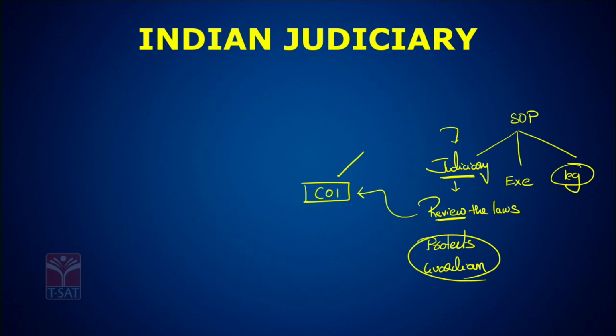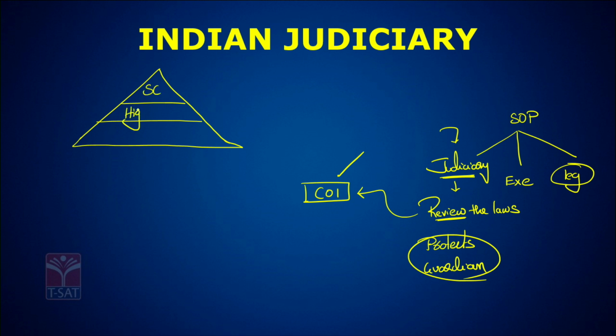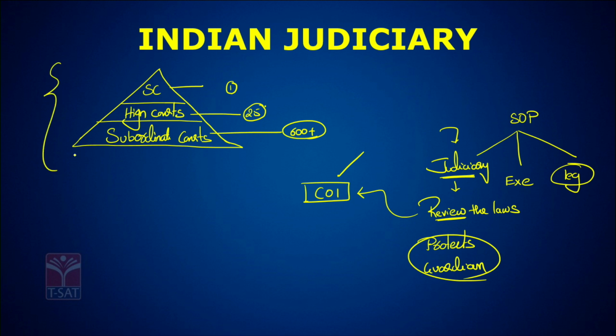Now, in India, the judiciary is divided into a three-tier hierarchical system. At the top of the whole judicial system, we have the Supreme Court, and at the bottom we have high courts at the state level, and subordinate courts at the district level. We have one Supreme Court for the entire country, 25 high courts, and 600 plus subordinate courts. Part 5 of the Constitution talks about the Supreme Court, and Part 6 talks about high courts